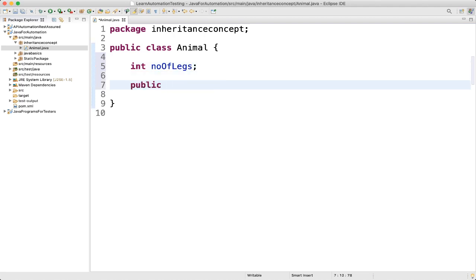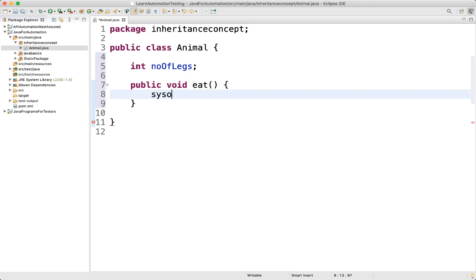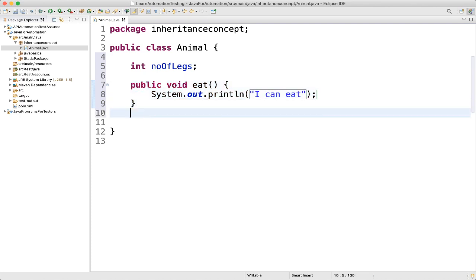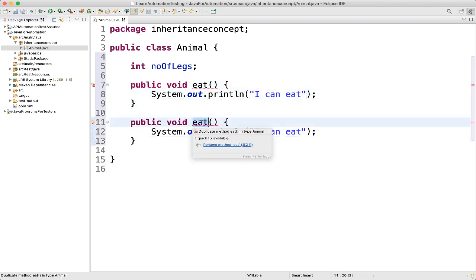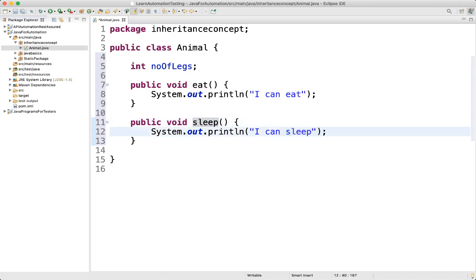For example, public void eat, and we'll print inside it "I can eat". Similarly we'll have one more method, and for example we'll name it sleep, which prints "I can sleep". So we have a parent class which is Animal. Here we have one variable, integer number of legs, and we have two methods, eat and sleep.